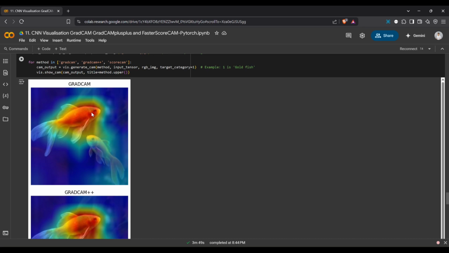so once the neural network activates, it targets these regions here. So this region specifies that the neural network easily predicts this one as a goldfish because of this region. So, well, as you can see in our last previous laboratory demonstration,